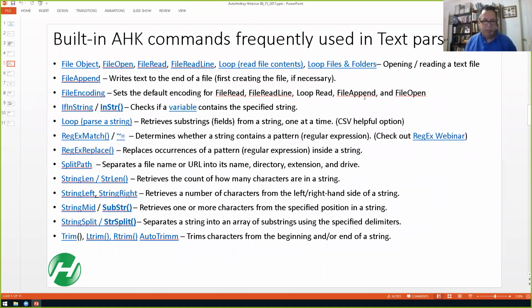I was looking at some of the chatting here real quick about measuring data in CSV files, 60,000 lines of data. Yeah, that's super easy. And I've done stuff with millions of rows with AutoHotkey, and I was amazed at how fast it was. It wasn't lightning fast, but it was plenty fast. So that was awesome. And so we went through here and looked at different built-in commands in AutoHotkey.